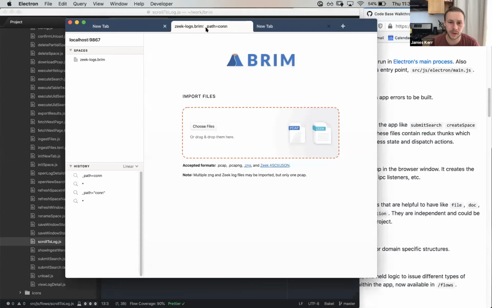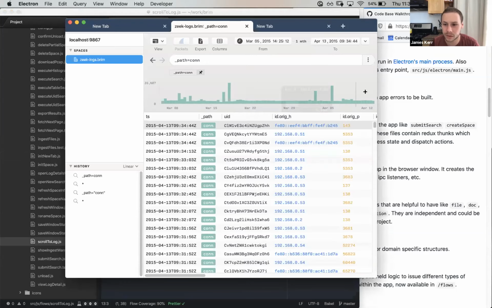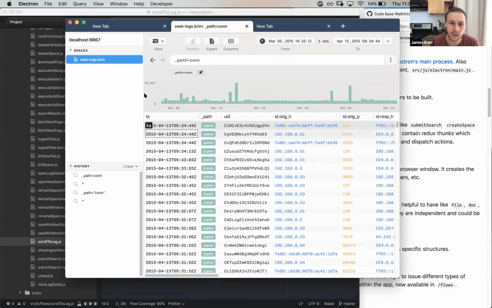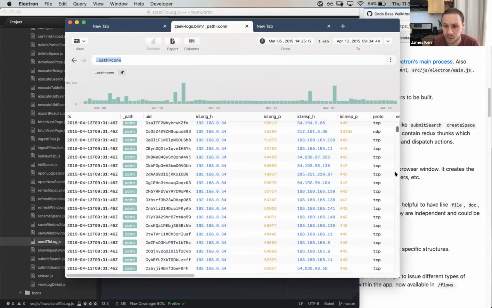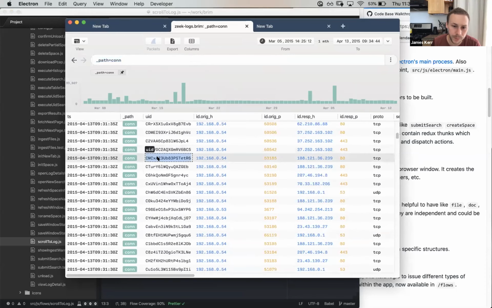I'll just kind of show that off real quick. If I've got a filtered view, like I'm only looking at con logs, and then I'm scrolling and I find one that's interesting,